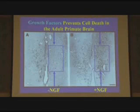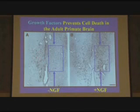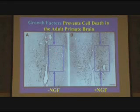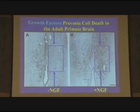On the left side of this slide, for those of you near the front, you can see these dark circles that are healthy, living cells of the brain called neurons. We can induce their death by doing the sort of lesion I just described in the monkey. In the case of this growth factor called nerve growth factor, we can entirely prevent the death that is otherwise